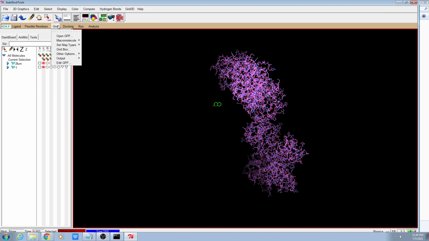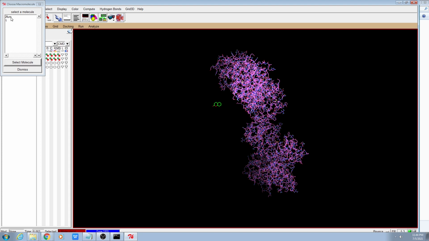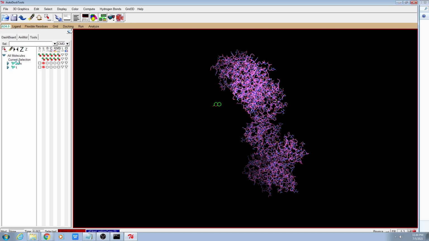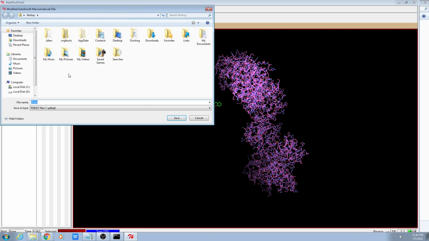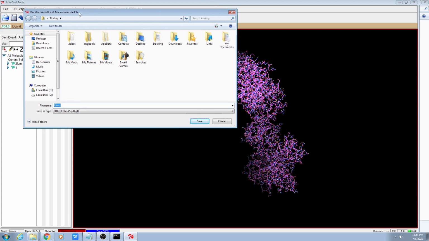Now we go to Grid, Macromolecule, choose our protein, 2FUM, select molecule. It will give some warning, click OK, and this window will pop up.